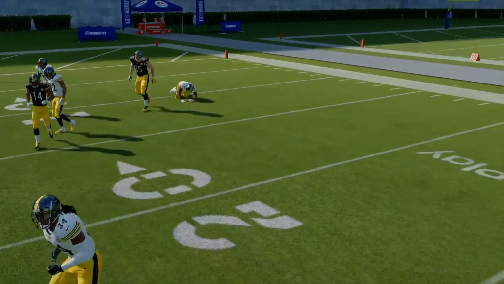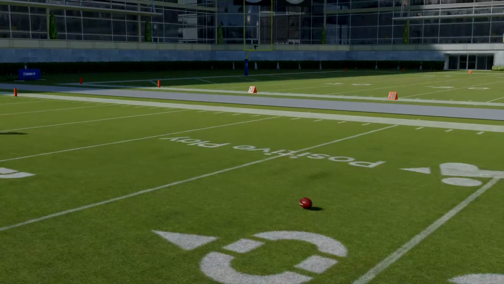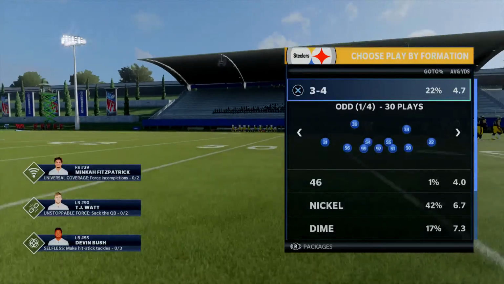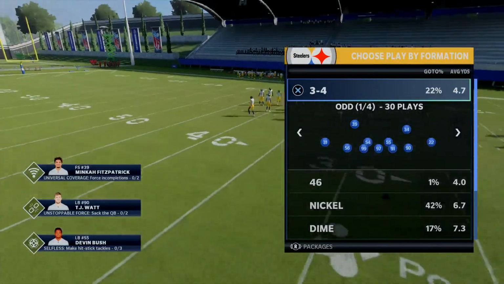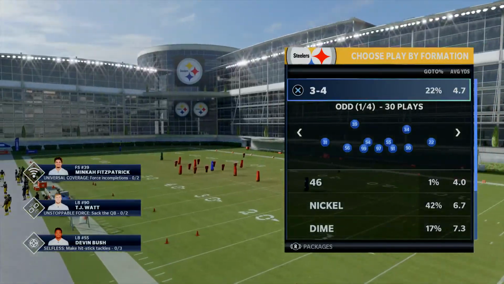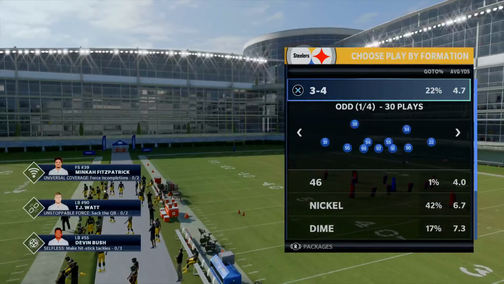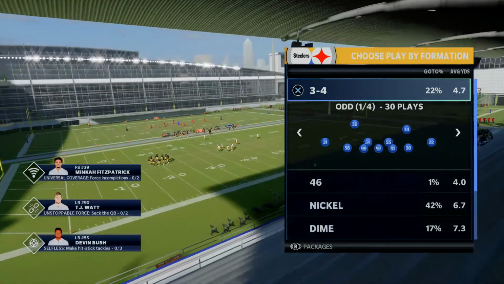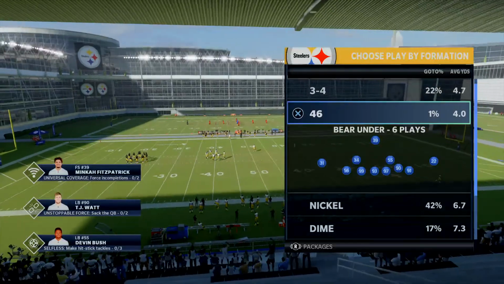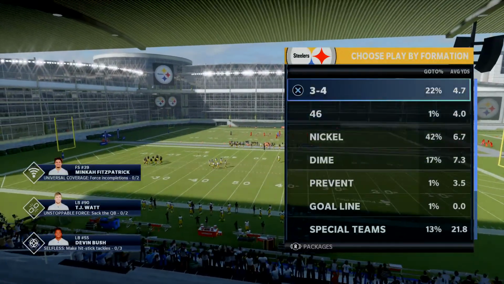So first thing that I want to talk about is your base defenses and when to utilize those. Generally speaking, you can guess that on first down, maybe even second down, and probably on short yardage situations, your base defenses are going to be the most advantageous. So first down, I almost always come out in my base 3-4, a 4-3, or some type of heavy formation like a 4-6 or a 5-2 or something of that nature,